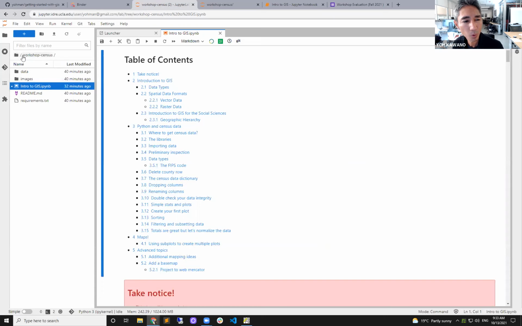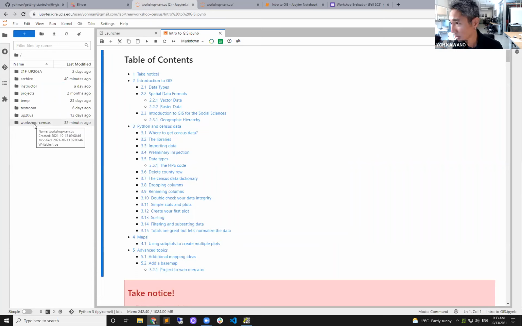But if you go up one folder, you see this folder here, right? This is the root of your Jupyter Hub space. You should see that last folder here, workshop-census, because that's what you brought in. I don't think you see anything else there if it was the first time you logged in. But this is your space. You can create your own content here. So just to let you know, for your own research, that you might want to use this space after the